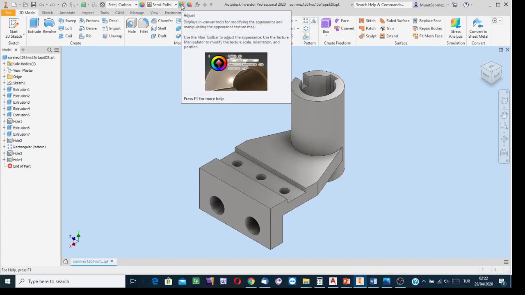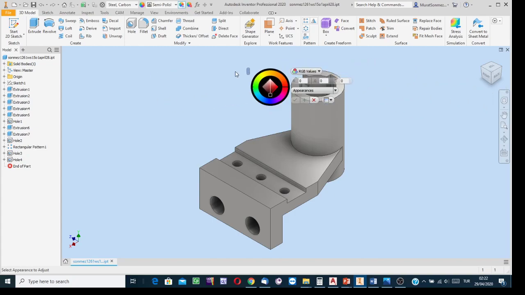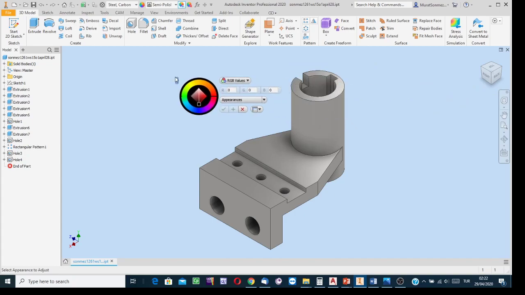Click on this button, and this is the gripping point. You can hold it and place it in a suitable location. It is like a joystick. Using this tool,